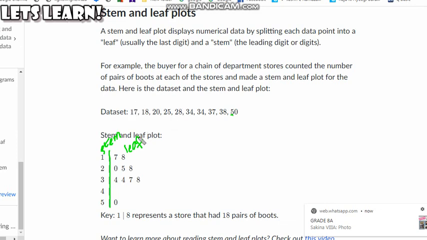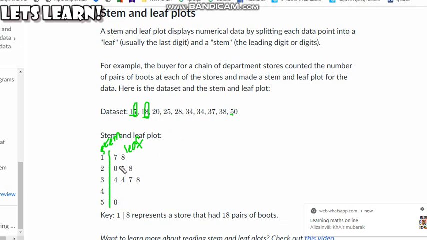As told to you earlier, your stem can vary between 1 or 2 to 3 digits, but your leaf part has to have only 1 digit. Only one digit can be in your leaf part, because you're going to write the numbers coming in your units place. Like in 17 you have the number 7 coming in the units place. In 18 you have the number 8 coming in the units place. Similarly in the other numbers, like 20 and 25, whichever numbers are coming in the units place, I'll be writing them down in the leaf part.